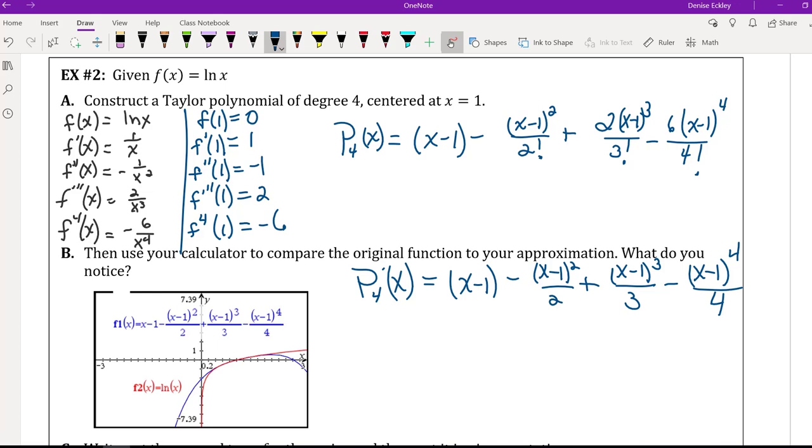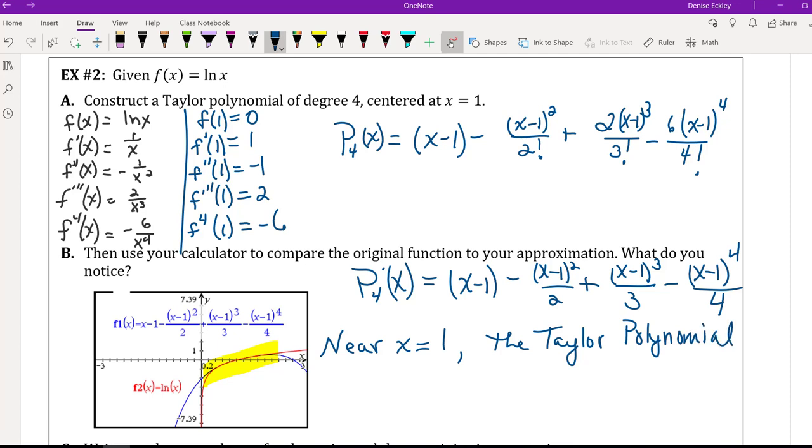Okay, so it says if you use your calculator to compare the original function to your approximation, what do you notice? And what you're supposed to notice is in this area here, where we're doing our 4th degree polynomial, that it's very close to the function itself. So near x equals 1, the Taylor polynomial and the function